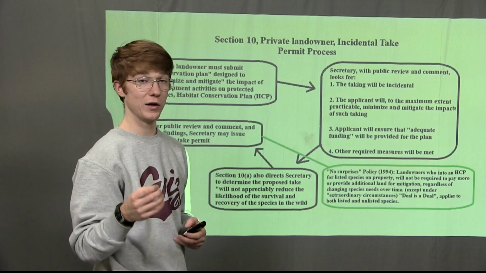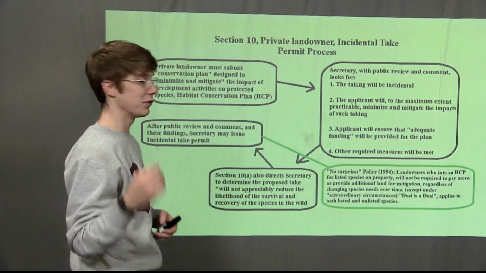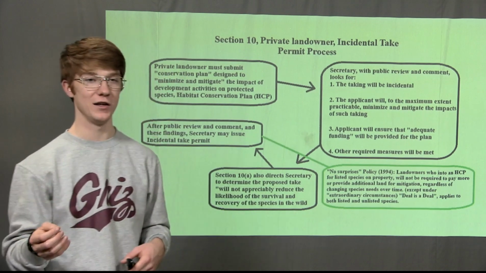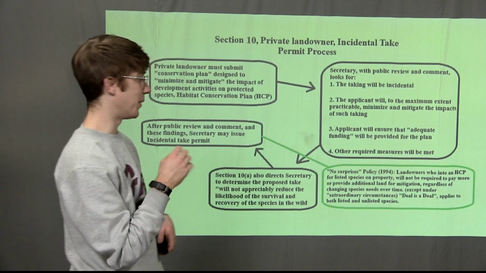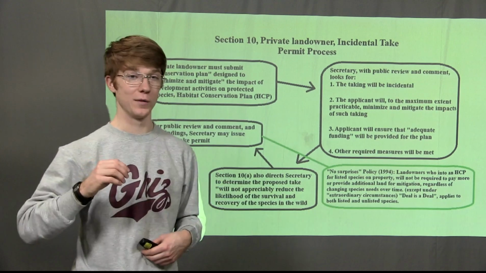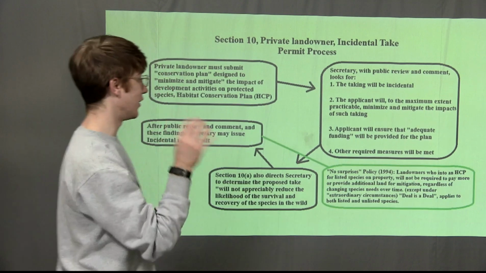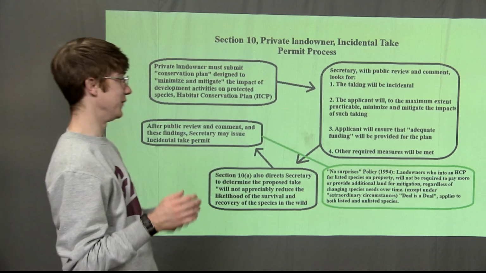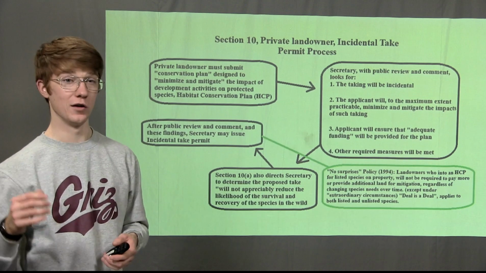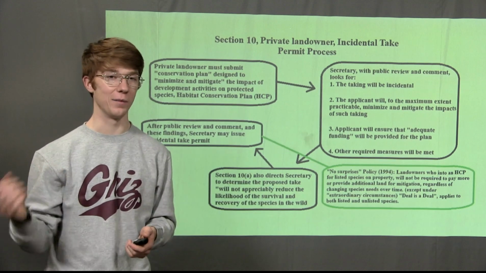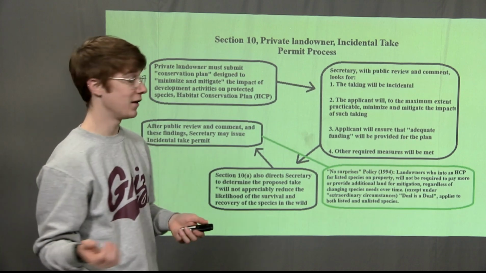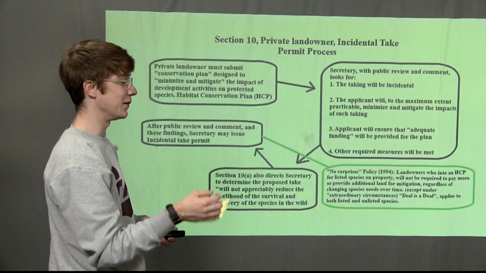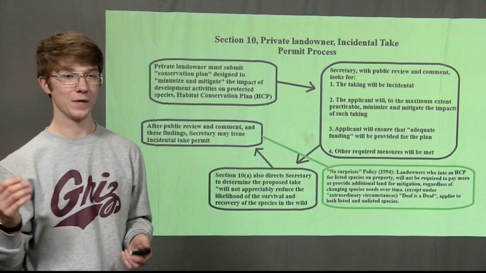Landowners who enter into an HCP for a listed species on their property will not be required to pay more or provide additional land for mitigation, regardless of changing species needs over time. So once they're in that HCP under the No Surprises policy, they're pretty good. They don't have to worry about changing what they're doing, as long as they're in that HCP. There is the extraordinary circumstances provision, but for the most part, if you've done that HCP correctly, you're pretty good. You get that incidental take permit, which removes liability if you incidentally take a listed species, and under the No Surprises policy, you don't have to worry about spending more or doing more to mitigate if there are changes to